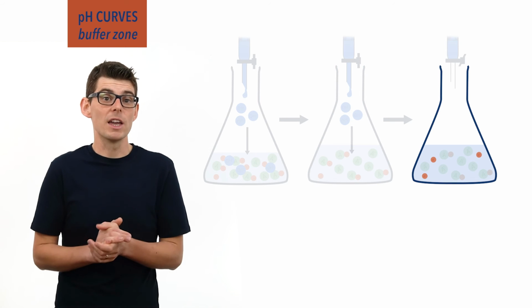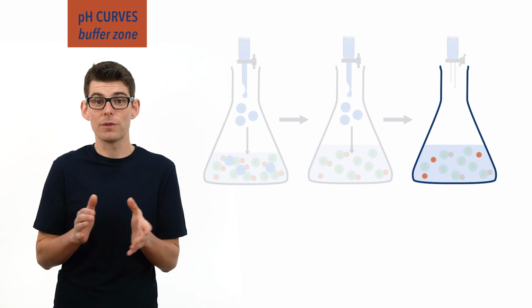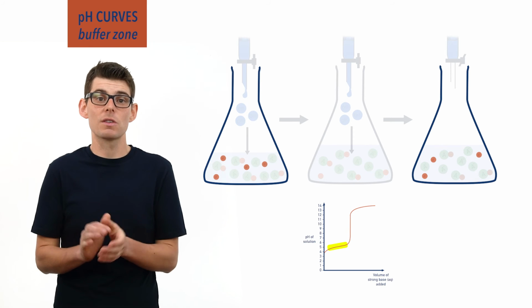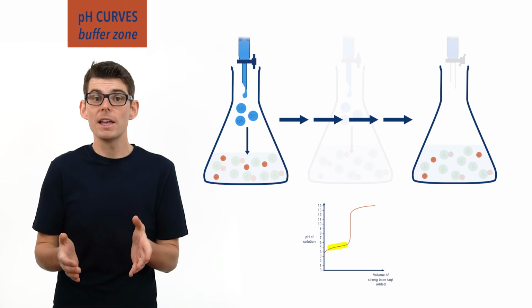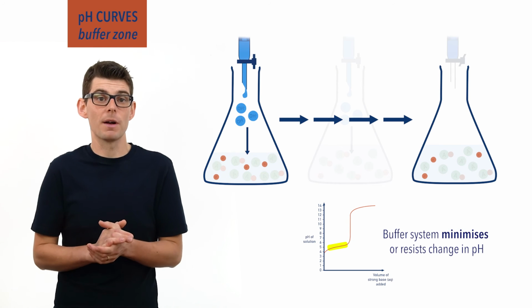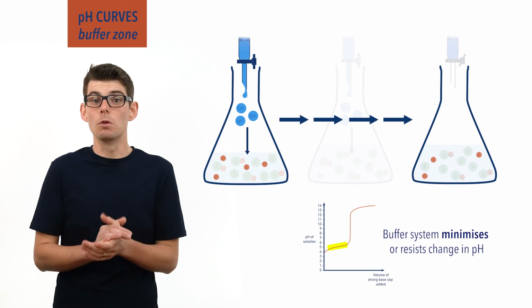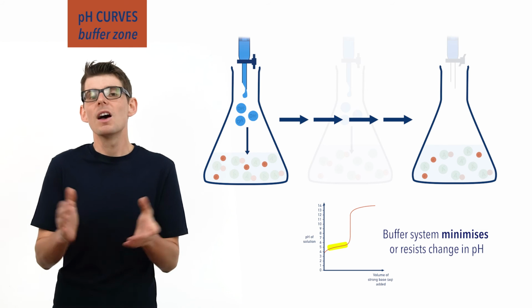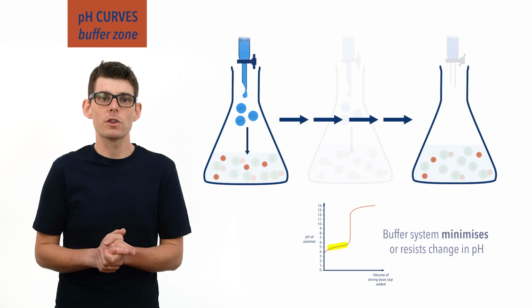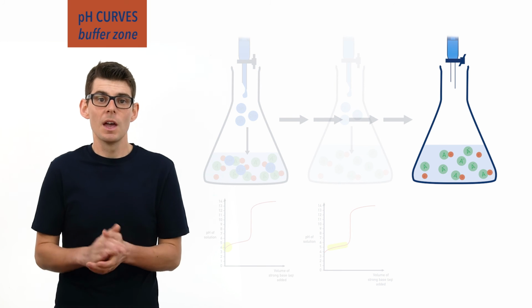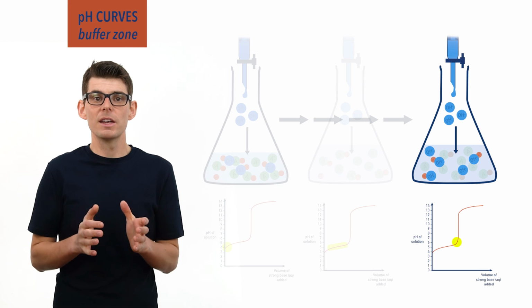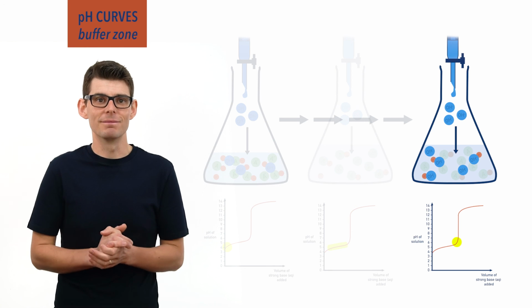As a result, the H+ ion concentration stays roughly the same and the pH changes only a little bit each time more base gets added. pH change is minimized by the buffer system, just like for a normal buffer solution. Eventually, the concentration of HA starts to fall too low for the equilibrium system to cope, and, bang, this is when the pH starts to increase rapidly again.